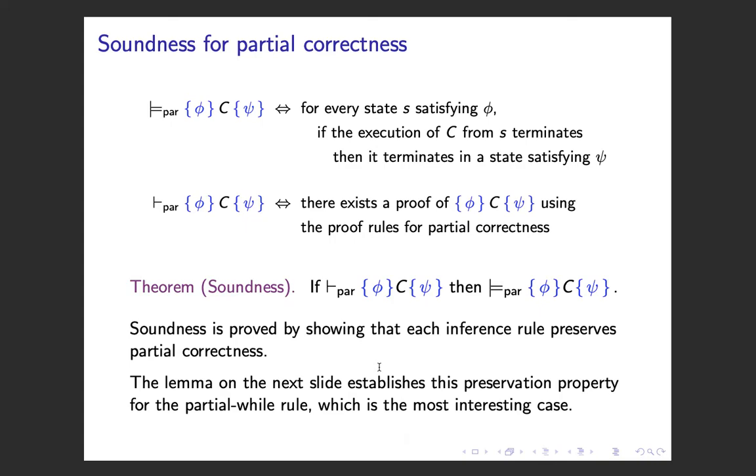So we've now looked at partial correctness in quite a lot of detail. I want to say a little bit, not too much, in this part of the lecture, about what the mathematical properties of this proof system are. So when we looked at